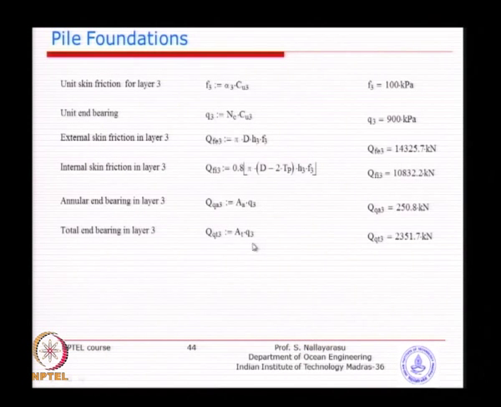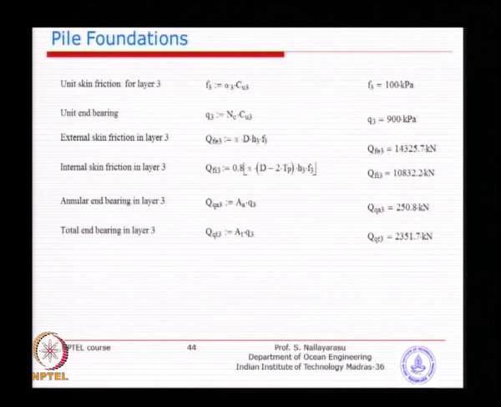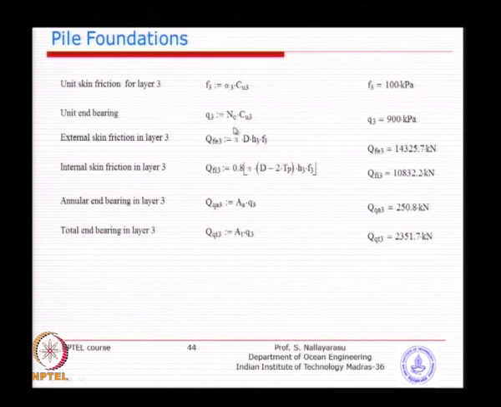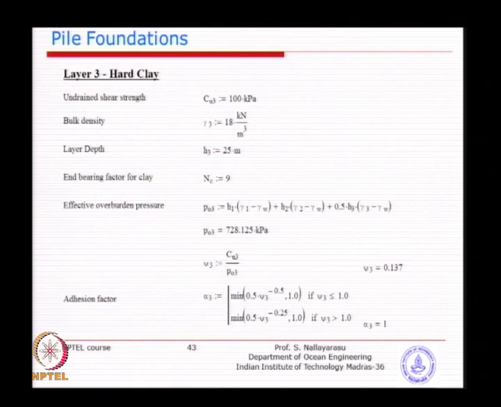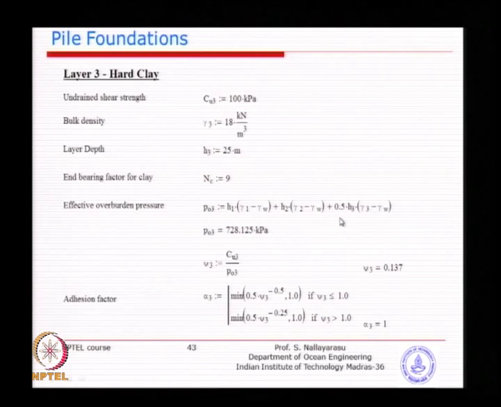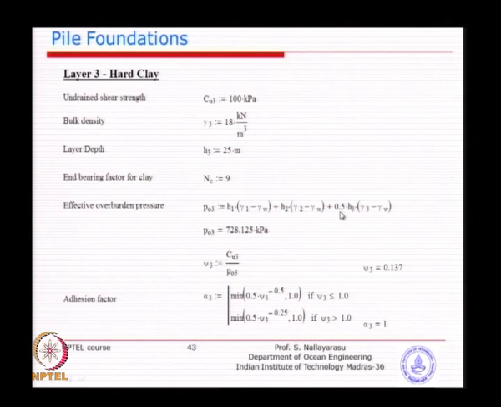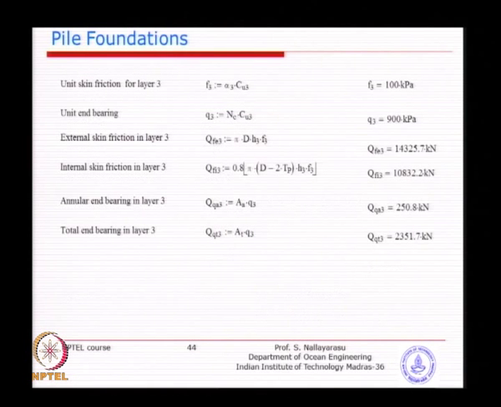But for end bearing, I think it is not required for clay type of soil, but if it is a sandy type of material, then Nq times P naught will come. In this particular case, you have Nc as an empirical value given as 9, so you do not need to worry. But when it is a sand layer, you have to recalculate this P naught by replacing this 0.5 with 1, and then use that P naught. But in this particular case, it is no problem, because we have C times Nc, and Nc is 9.